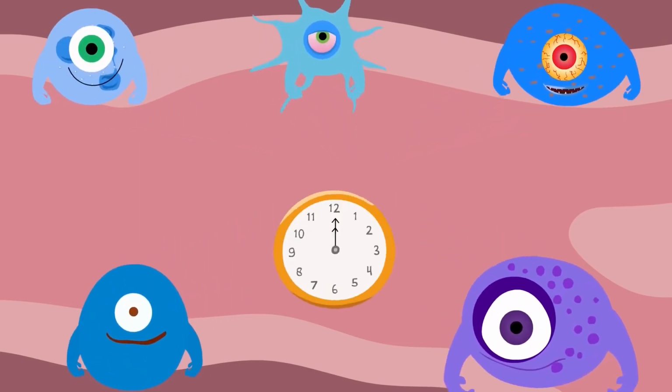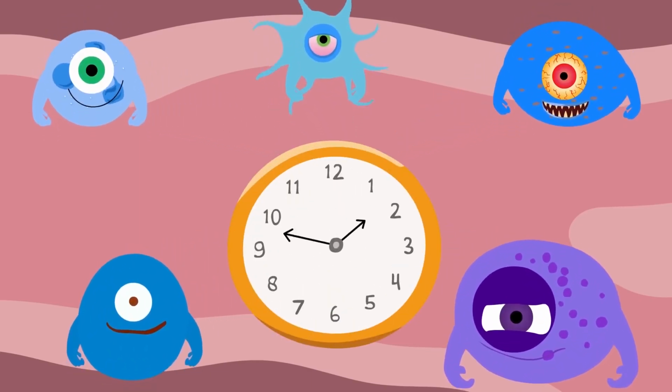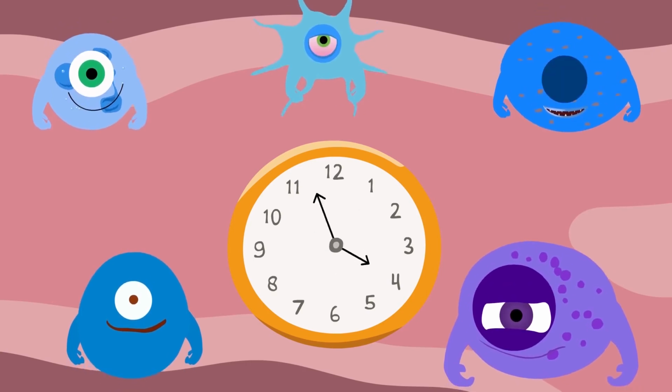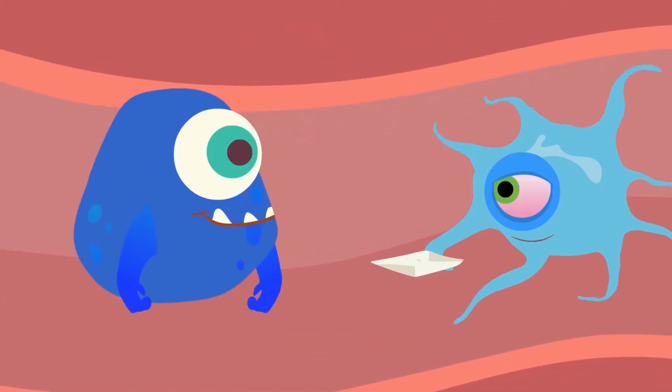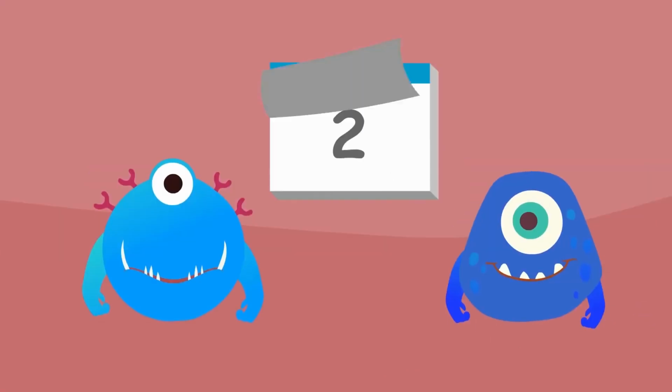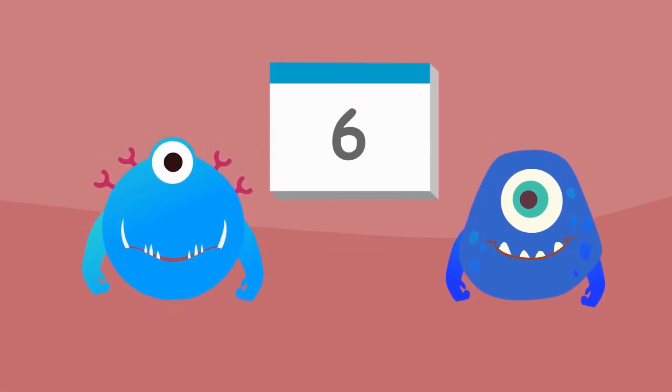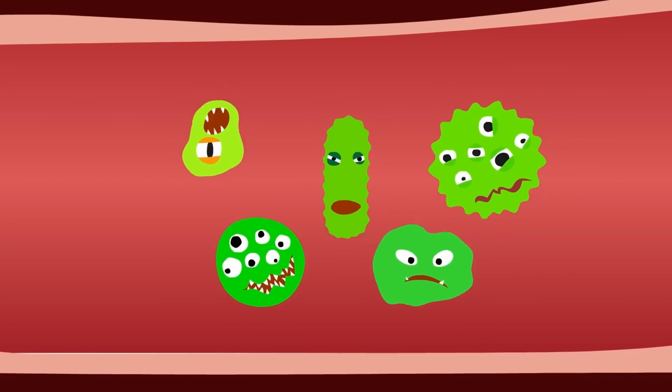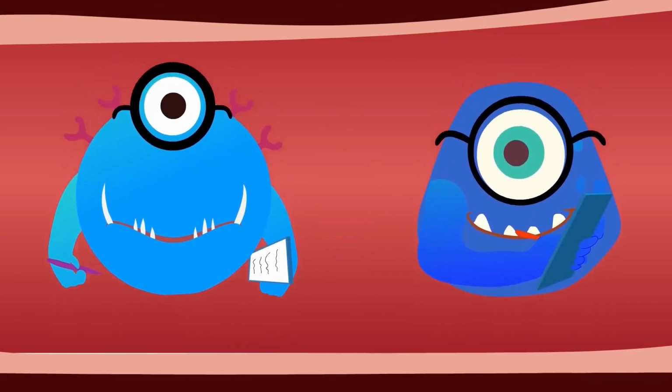Our innate response is quicker, though non-specific. It gets into action within hours and is pretty strong. However, when things get out of hand, the innate system calls for help from the acquired immune system. This system can take days to mount a response, but the next time we encounter that pathogen, it won't make us get sick. In short,